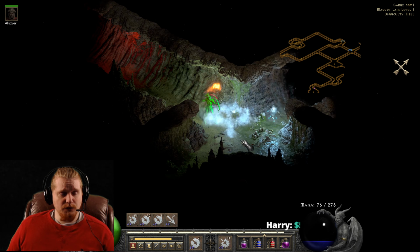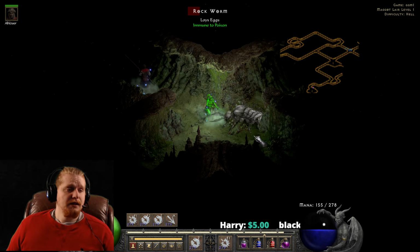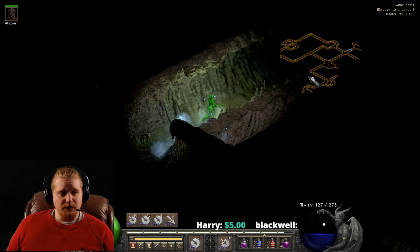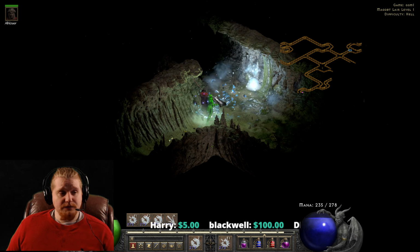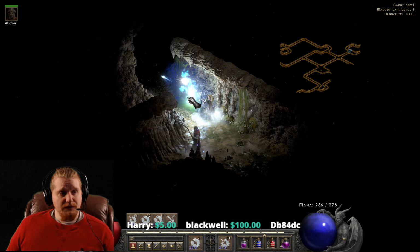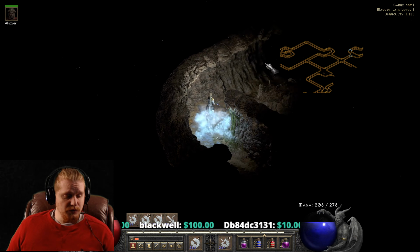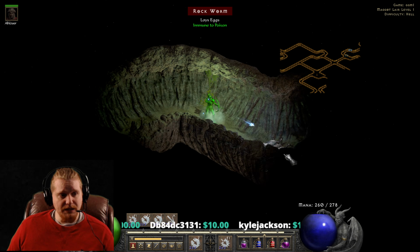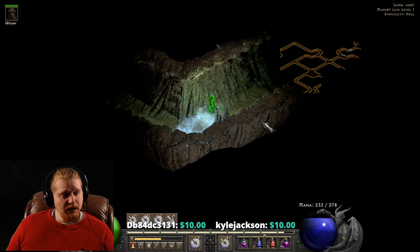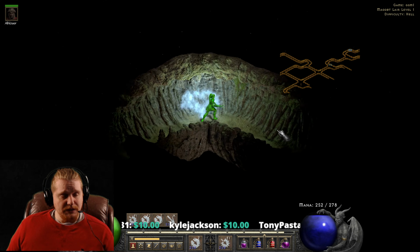And this is useful for a lot of characters. If you are a Lightning Fury Javazon, if you are an Exploding Arrow Amazon, if you are an Ice Freezing Arrow Amazon, a lot of these abilities have a contact point explosion, which can be very useful for taking out monsters. And it's nice to keep that in mind. Now, I do like to keep these videos relatively short, so I'm going to go into the final bits here